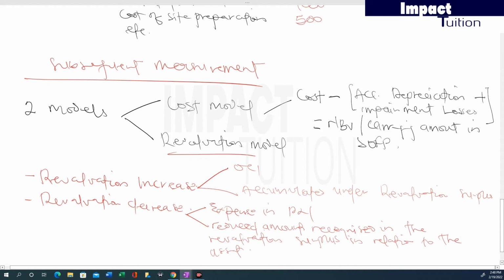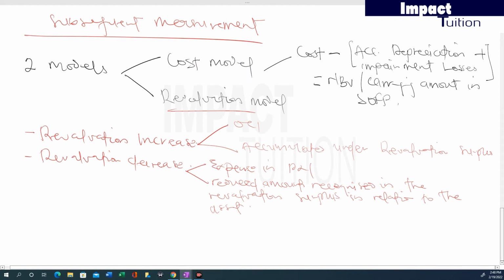This is the standard. Now, it is quite straightforward. Whenever you revalue and you have a revaluation increase,